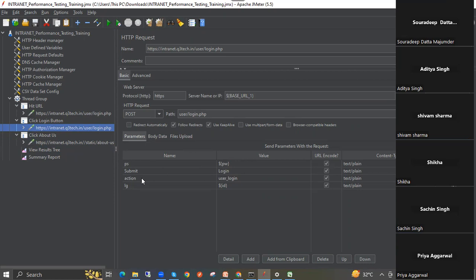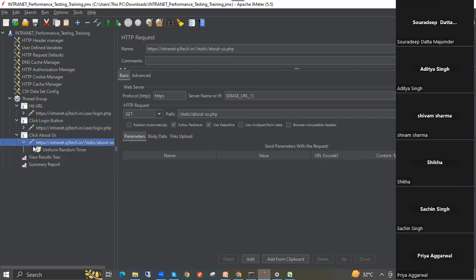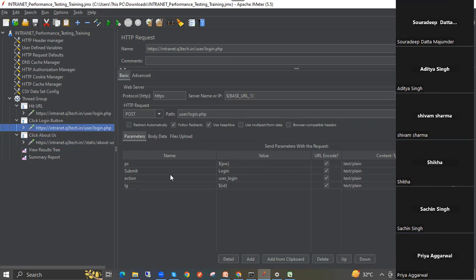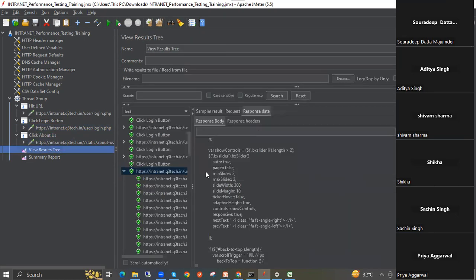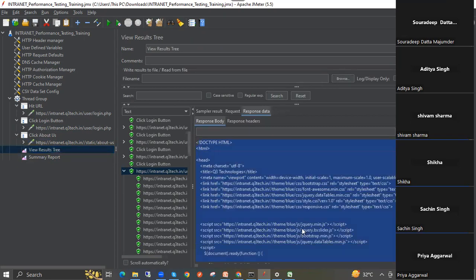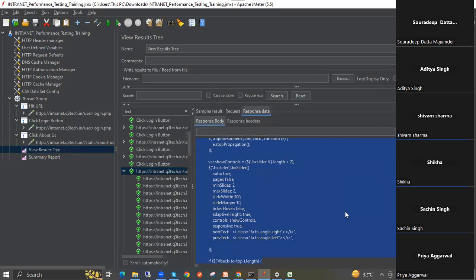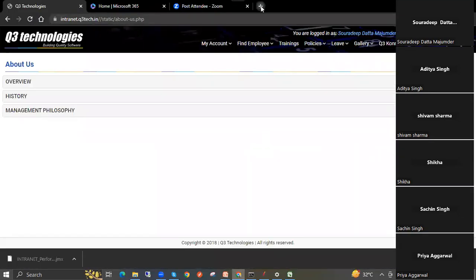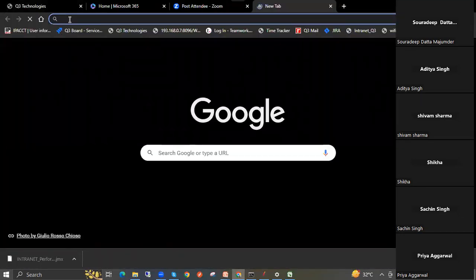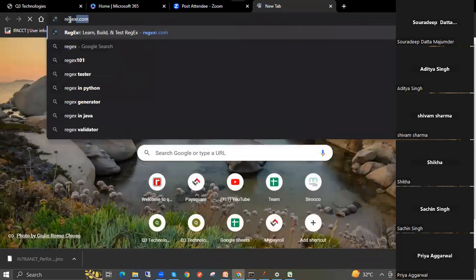So here in the response, we need to copy this response. Suppose I'm copying this much only, and in Chrome we need to open a website called regex, which is regular expression,